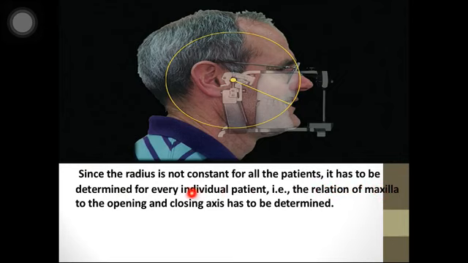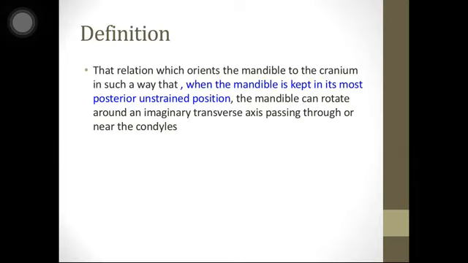That is, the relationship of maxilla to opening and closing axis has to be determined. Now this is the center of the condyle, and the mandible opens and closes according to this opening and closing axis. Now this relationship of maxilla to this opening and closing axis is basically what orientation jaw relation is all about. And its definition